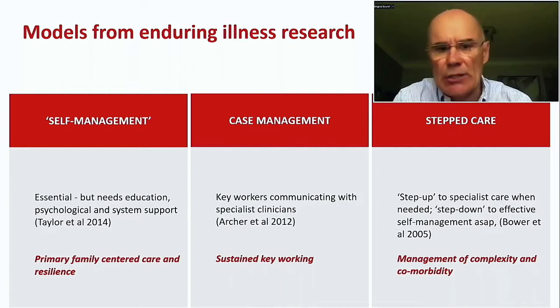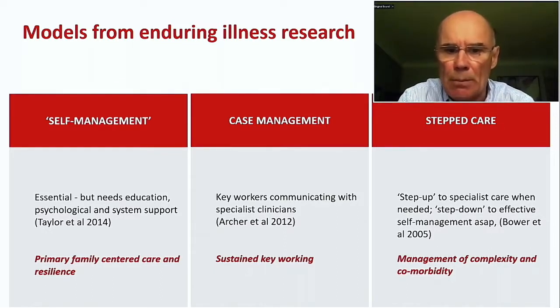And this is not, and I put self-management in quotes here, this is not a question of saying to people, go away and look after your condition and let us know if you need some help. This is a very active process of helping self-management, and it needs good education, psychological and system support. And for us in autism, the argument is that our family-centered care constitutes this kind of empowered self-management for the condition. Then we need sustained key working, case management to give families a